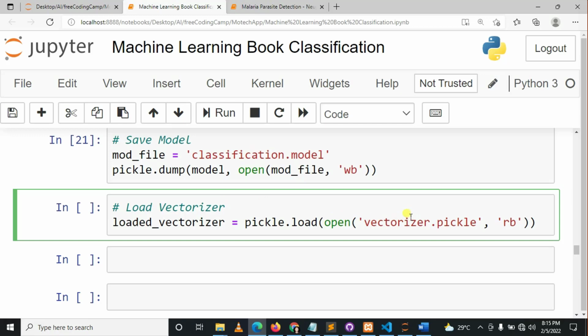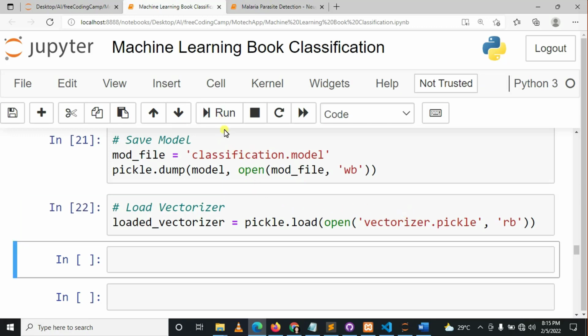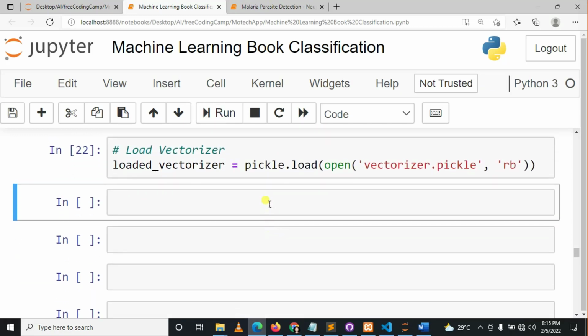Once I run this cell, I should be able to load the vectorizer from the disk.